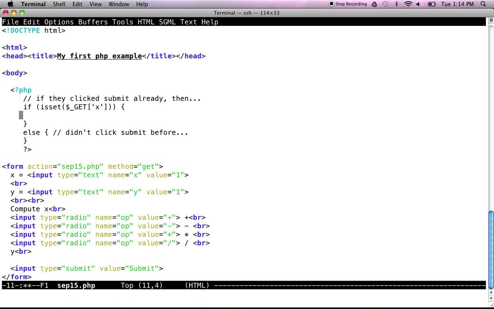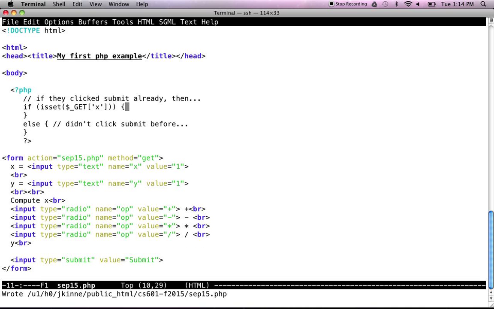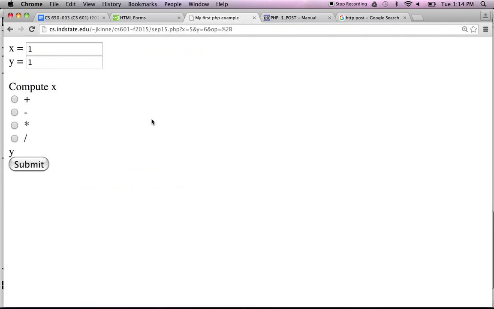Okay, so if they did click submit before, then I don't know, we don't want these values to go away, right? Whatever, if they click submit, you would like those values to stay there.